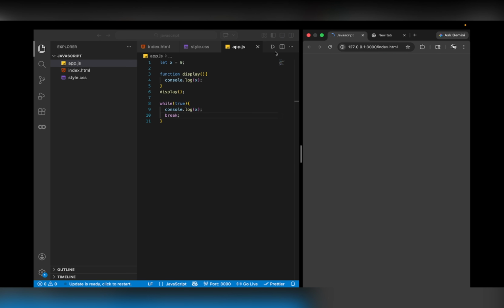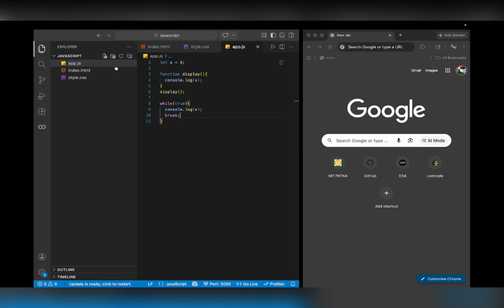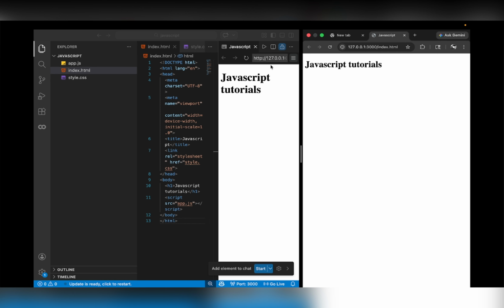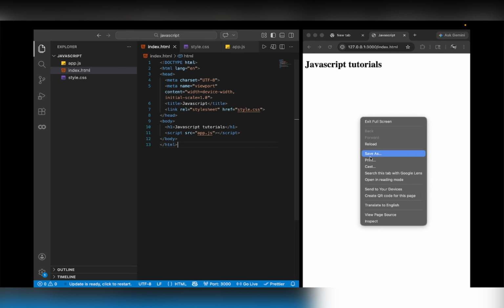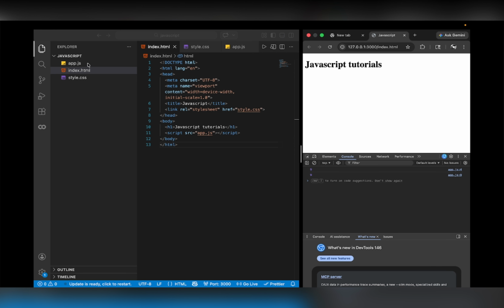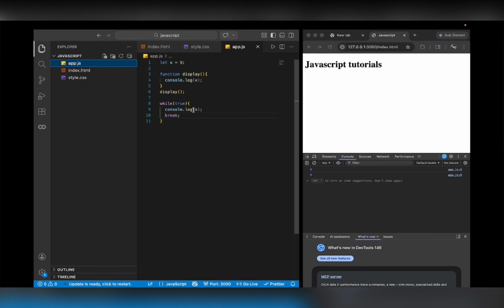ये हमें रीस्टार्ट करना पड़ेगा। Let me do it। सो यहाँ पे हम लोग इंस्पेक्ट करेंगे और कंसोल पे आएंगे। यहाँ पे आप देख सकते हो, यहाँ पे एक बार लाइन प्रिंट हुआ और ये ब्रेक हो गया। सो ब्रेक का हम लोग यूज करते हैं लूप से बाहर आने में। तो ये एक बार इम्प्लीमेंट हुआ, और जैसा कि आप लोग देख सकते हो कि x को हम लोग while के अंदर भी एक्सेस कर पा रहे हैं, तो इसका जो स्कोप होगा वो ग्लोबल होगा,